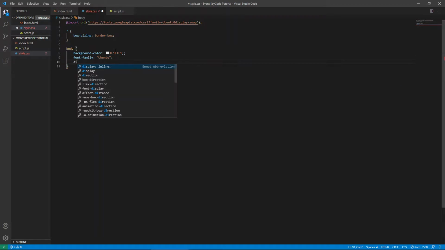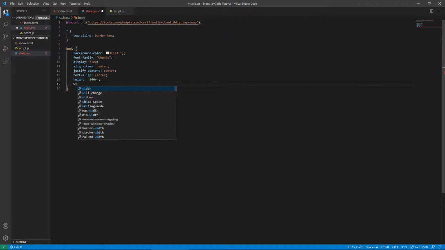Then the display we'll define as being flex. That way it fills the container. And in doing that, we'll go ahead and make sure to align our items to center and justify content to center. That'll keep everything right in the middle. Text alignment we'll also make as being center. And then we'll just give it a height property of 100 viewport heights,